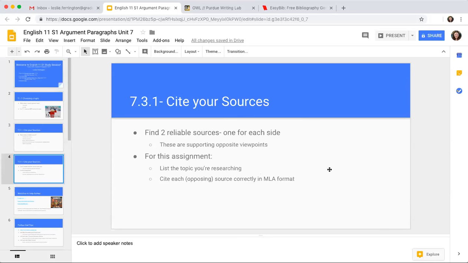So when you're doing this assignment, you're going to find 2 sources that are reliable. You have to have 1 for each side of your argument. So even if you know already which side you're going to argue, you still have to find a source that supports the opposite side of your argument. For this assignment, you are just listing the topic you're researching, and then you're going to cite each source correctly